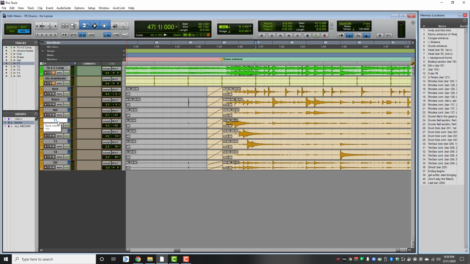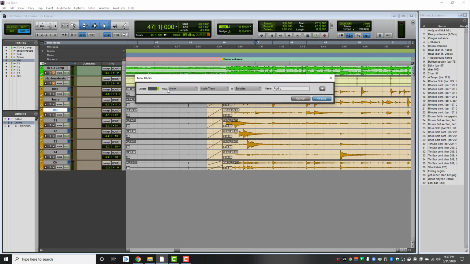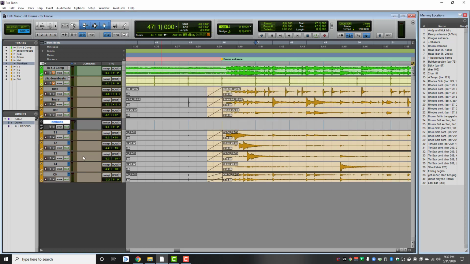What I want to do is make a tom rack. So out of these 4 microphones that are across the 4 toms that are on there, I'm just going to click above the tom rack, type new, and then I'm creating one stereo track, and I'm going to call it a routing folder and call it tom rack. Okay, so there's my tom rack, and then I can grab all 4 of these guys and I can drag those into the rack,